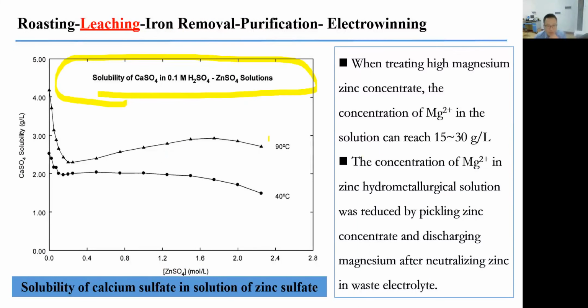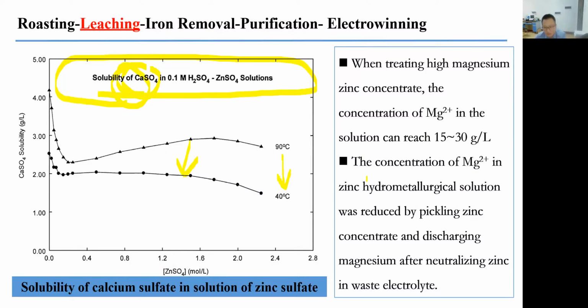We can find out that when we are lowering the temperature, the solubility of calcium sulfate decreases a lot. So if we have a high calcium concentration in the solution, we can try to lower the temperature of the solution phase,